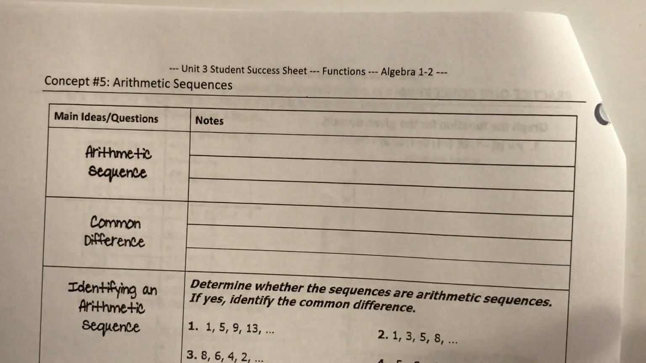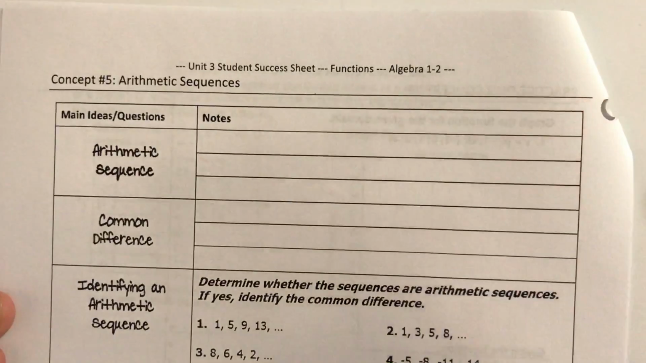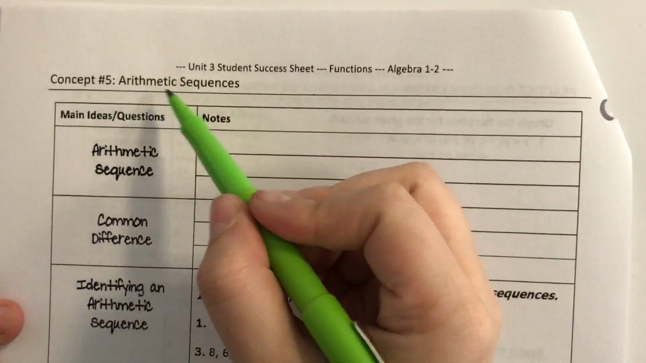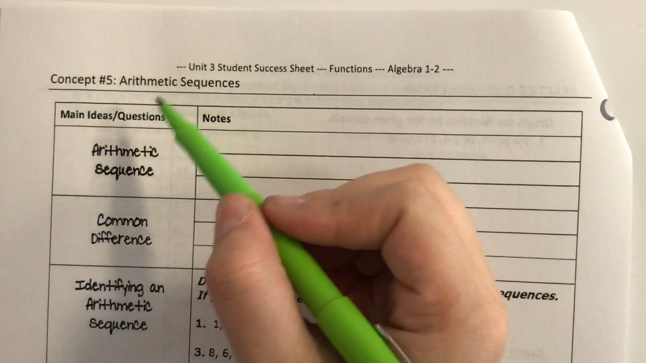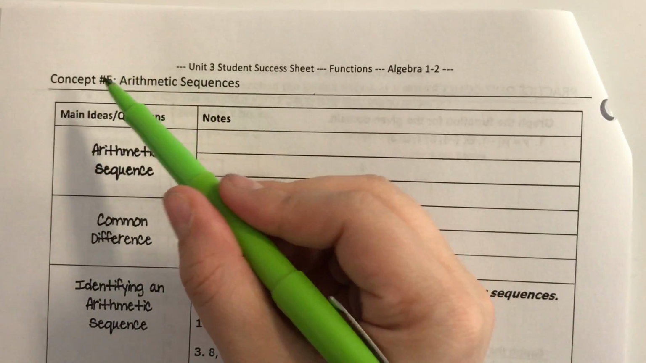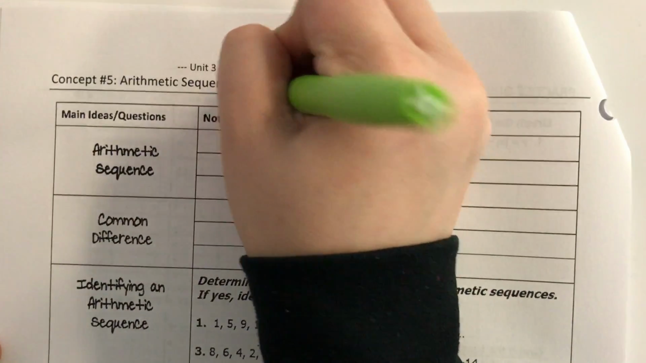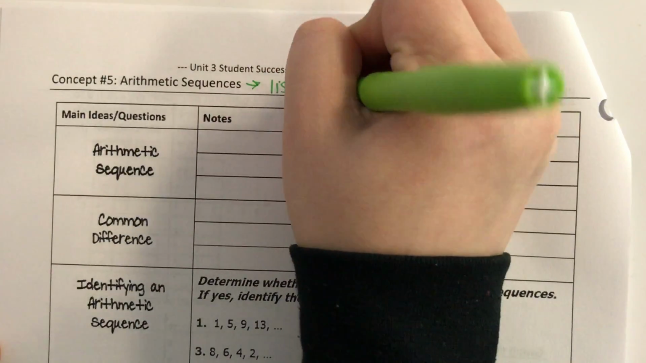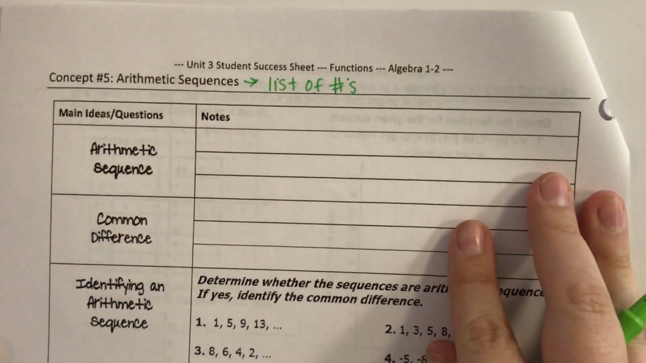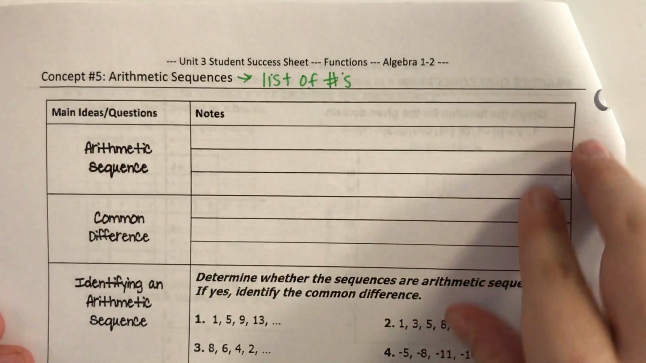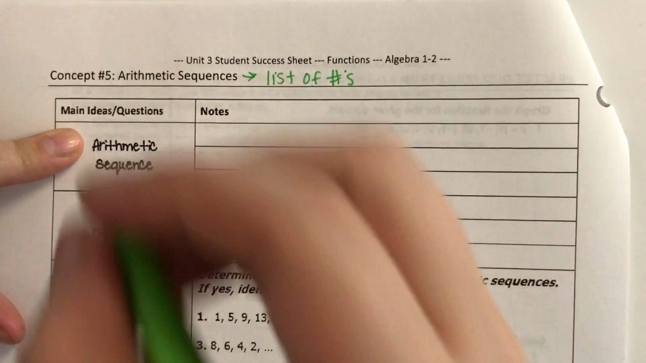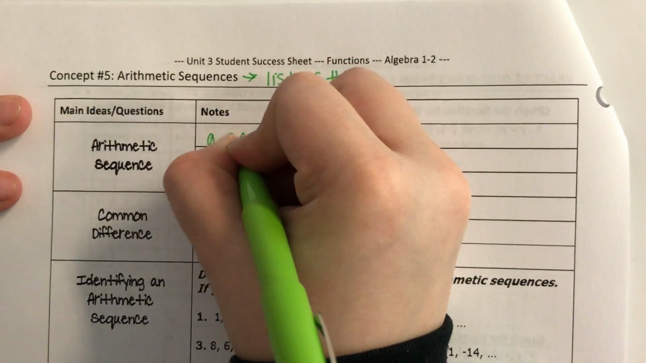Okay, concept 5 is all about arithmetic sequences. I know when you see this word you want to say arithmetic, but when it's describing something like a sequence, it's pronounced arithmetic sequences. And a sequence is just a list of numbers. Okay, not list of hashtags, but list of numbers. Okay, and an arithmetic sequence is a sequence, so a list of numbers